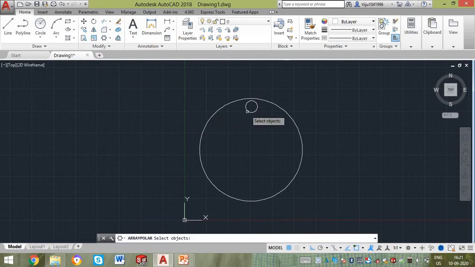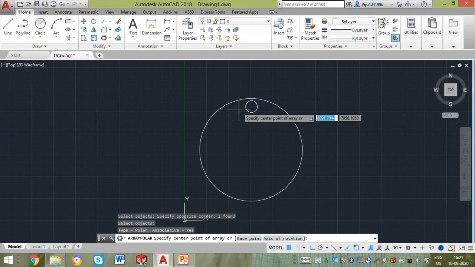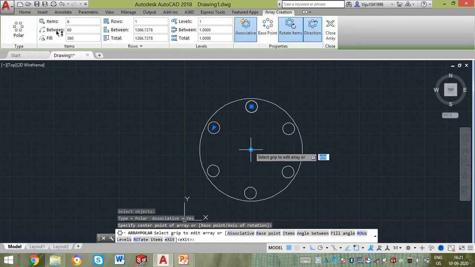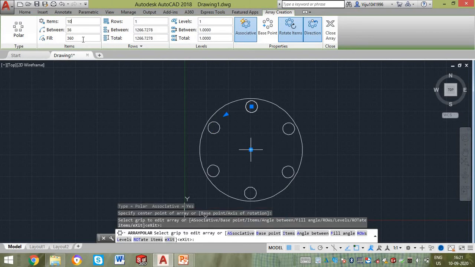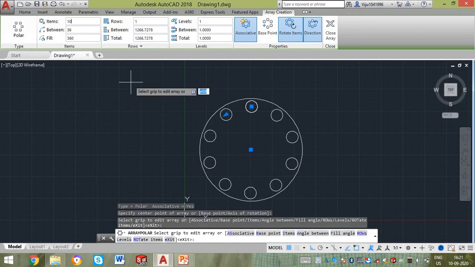to this entire circle. I will select this object and I should press enter and I should select the center of pattern. Now I should insert the number of items and the angle between them. We can give input of both. You can give fill.